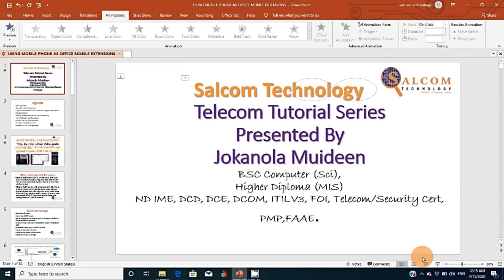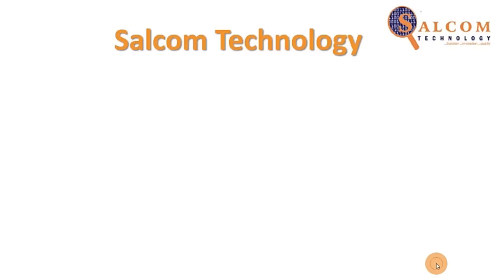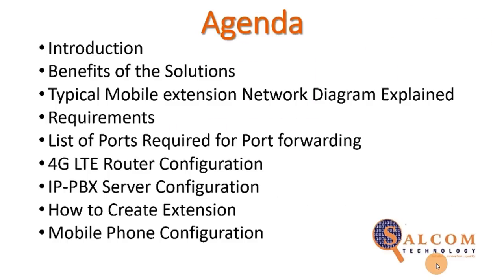Before we go further, I would like to run through our agenda, which will include, one, the introduction: an introduction to the system and the advantages that you can see on the system. Having said that, we look at the typical network diagram if we actually want to implement the solution. Then, what are the requirements that we need to meet before we can have a successful implementation. Then we're going to list some very important ports that are required to be port forwarded from the router to